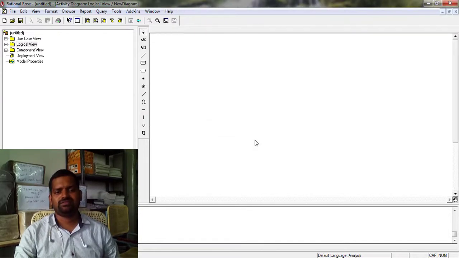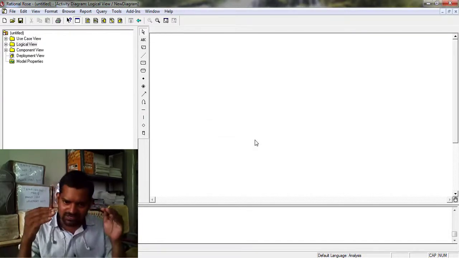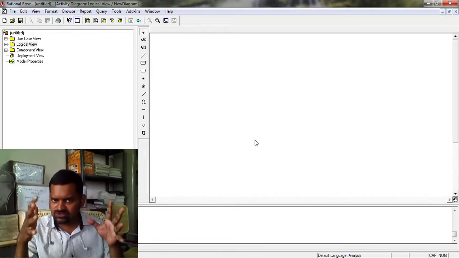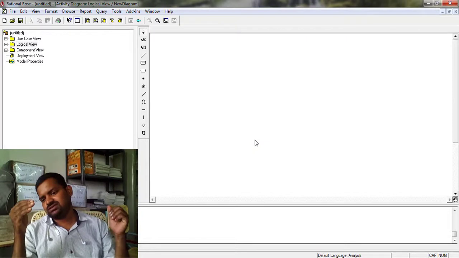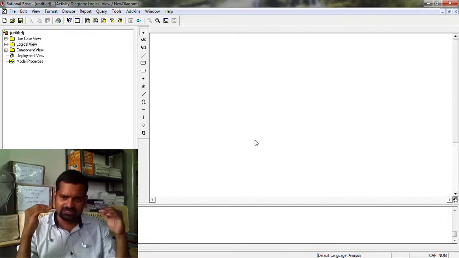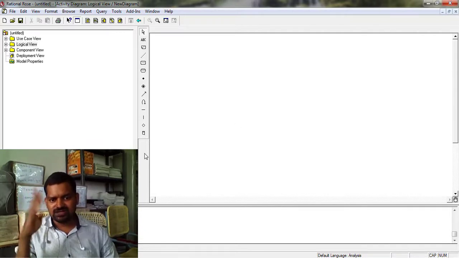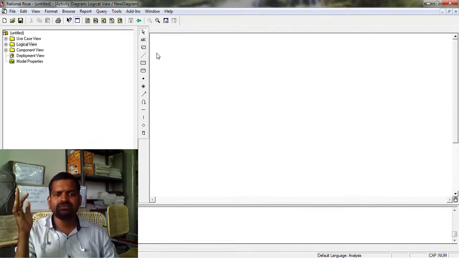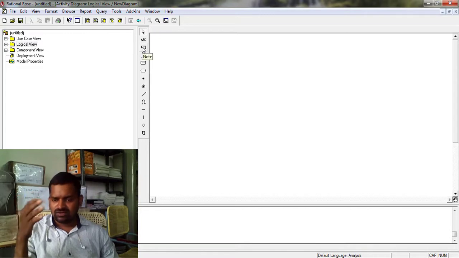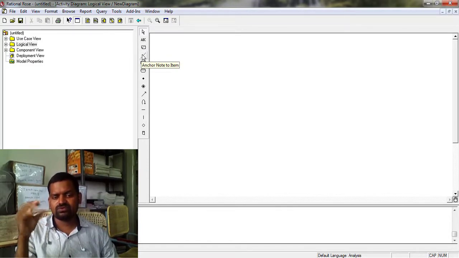After selecting the activity diagram, it automatically shows the activity diagram symbols. What symbols are available? All the symbols are available in this toolbar. As usual, a note is represented in the activity diagram, and this is the anchor note to an item.